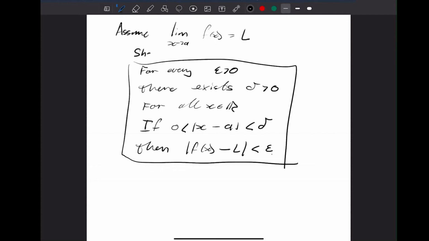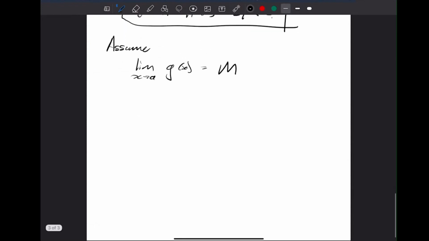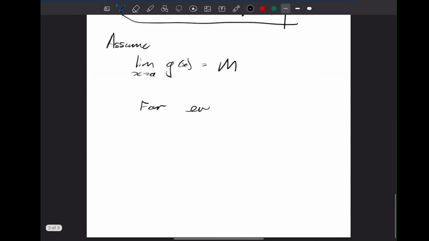And this is an assumption, so this is a shop. If we pay with an epsilon, we can get a delta out. And also, we assume that the limit as x tends to A of g of x is equal to m. This means the following: for every epsilon greater than 0,